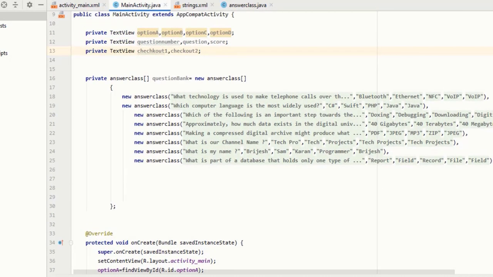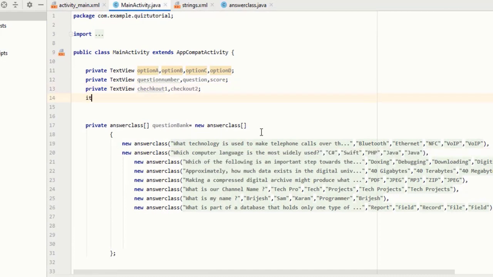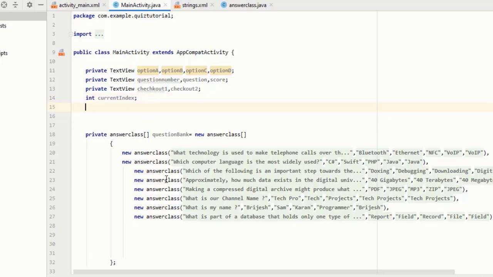Now take an int type variable which stores the index of our array. As you already know, if you watched the previous part, I told you the logic of how our quiz app works. We have to access our questions using this array. So how can we access the array? Using the array index. So I declare a variable of int type and give it the name currentIndex. I don't assign any value to it, so by default it automatically contains 0. Don't worry. Now declare one more variable for storing the score. I type score and assign 0 to it.